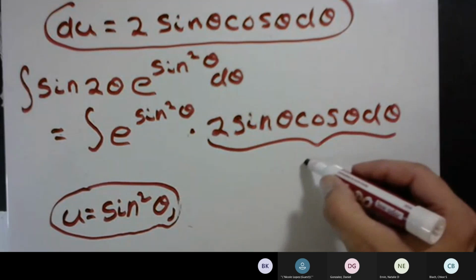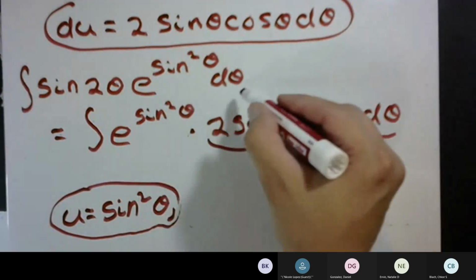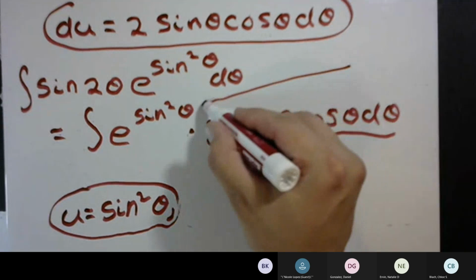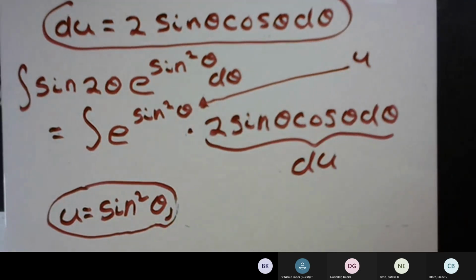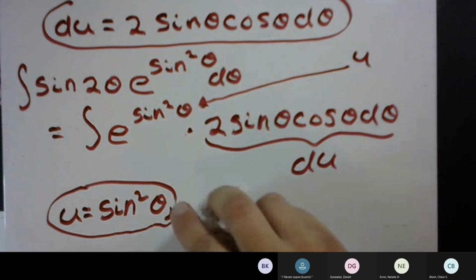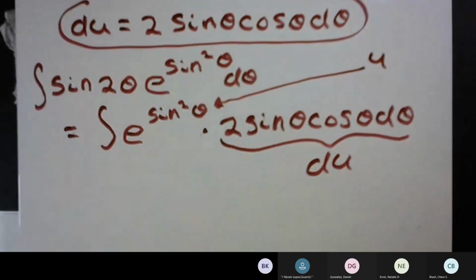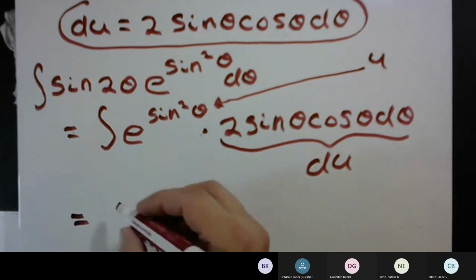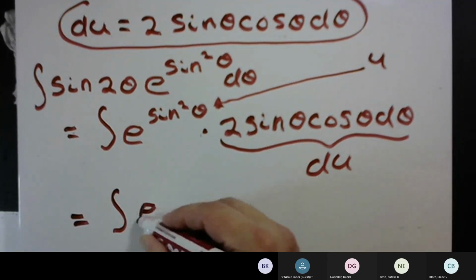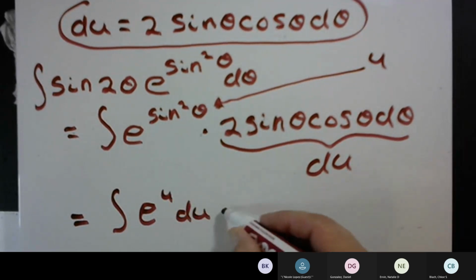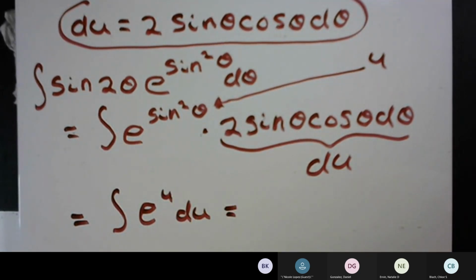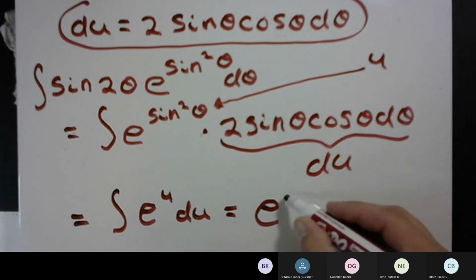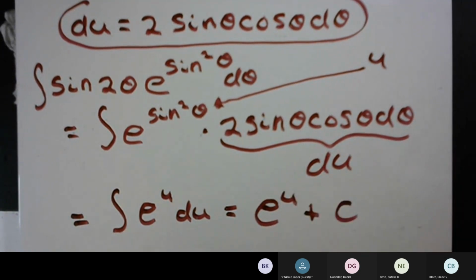And here's the good news. There's du, and then here is u. So what looks like a pretty difficult integral becomes the integral of e to the u du, which is so much easier. And the antiderivative of e to the u, well, you take the derivative of e to the u, you get e to the u, it's just itself. You get e to the u plus c